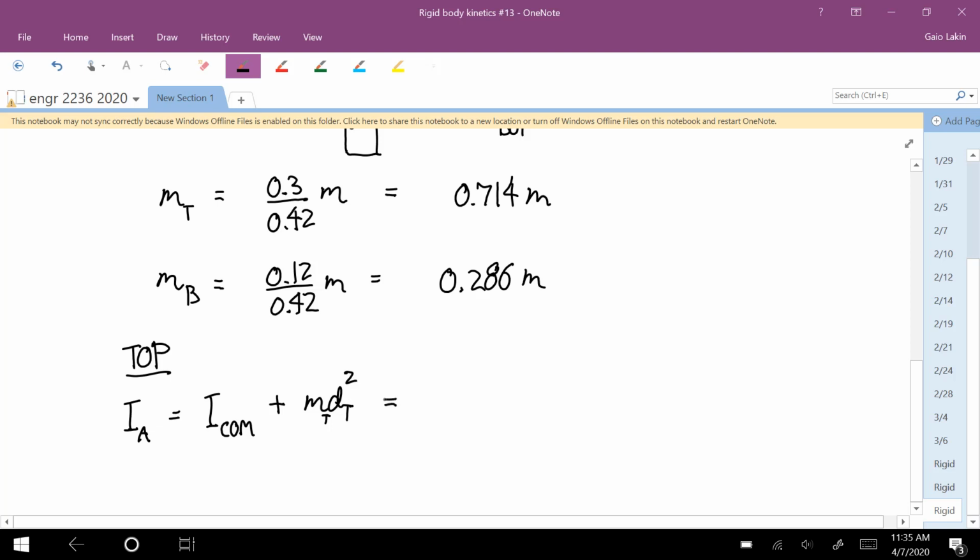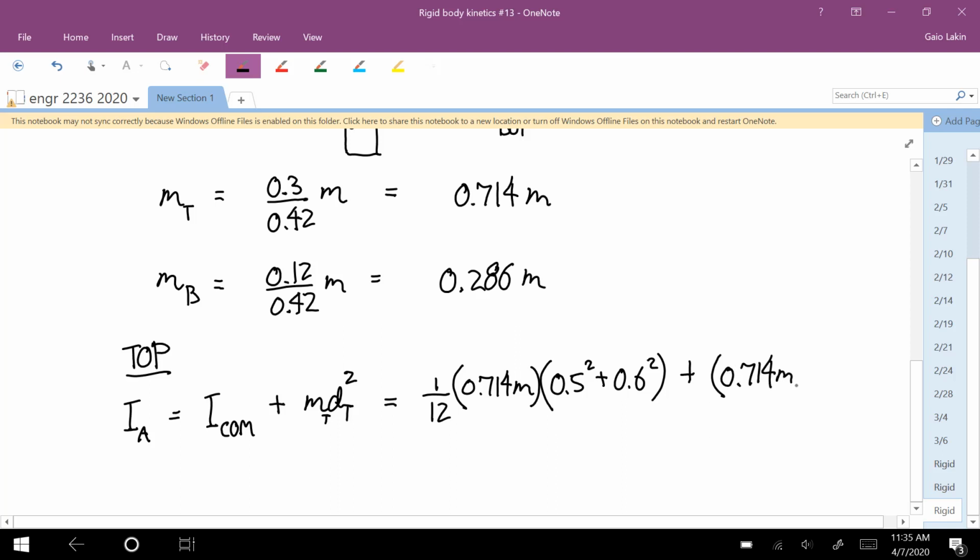The formula for the moment of inertia about the center of mass is 1/12 times the mass of the top piece, that's 0.714 m, times 0.5 squared plus 0.6 squared. And then the parallel axis theorem part says